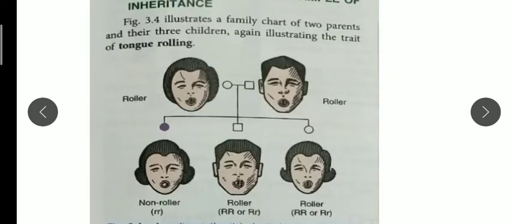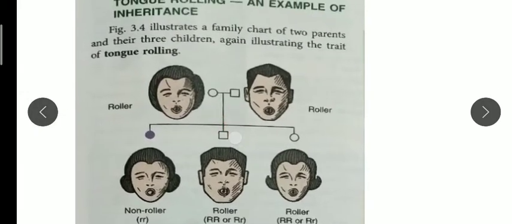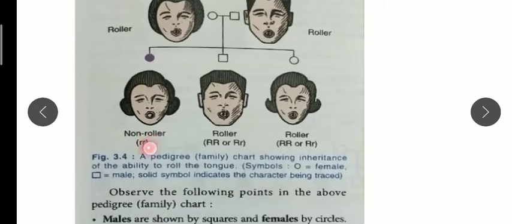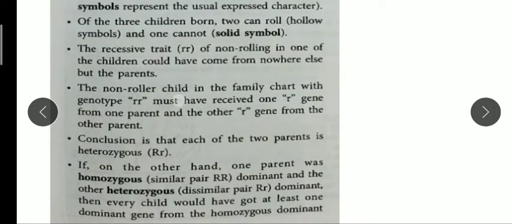In this diagram they are not showing the genotypic alleles or sequence, but since she got the recessive gene, we can conclude that both the father and the mother have the heterozygous gene. They are not showing it here, but it will be so. This is just an example they are showing.